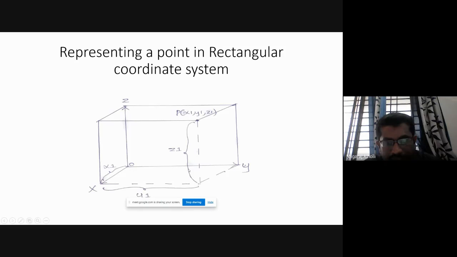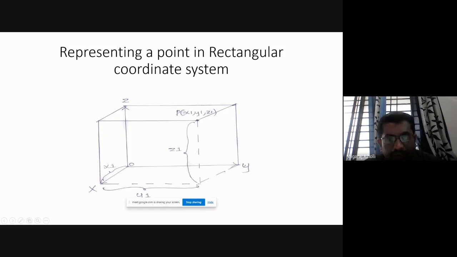What you're seeing here is the y direction, correct? So I moved by x1 units in the x direction. Then I am moving by y1 units parallel to y in the y direction. So this is our origin. From this origin, I am moving by x1 units in the x direction, and then I move by y1 units in the y direction.